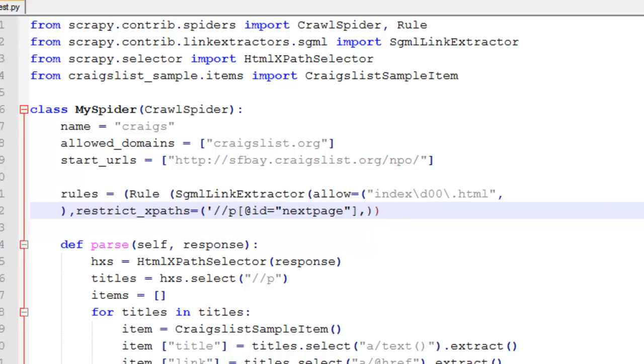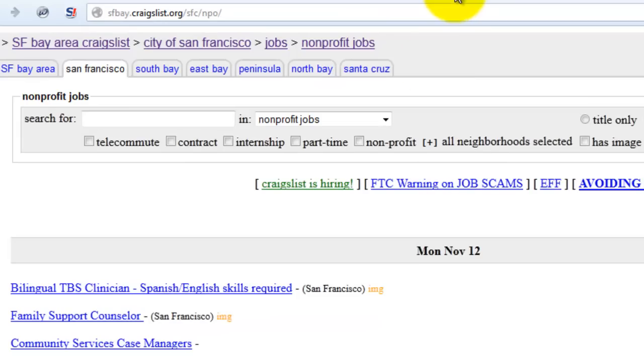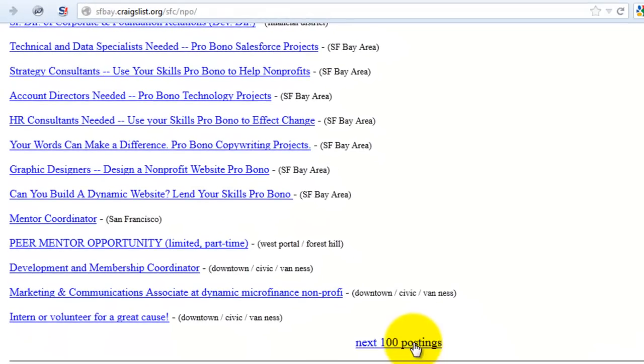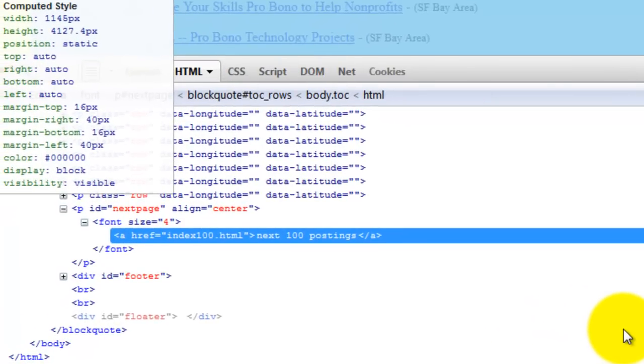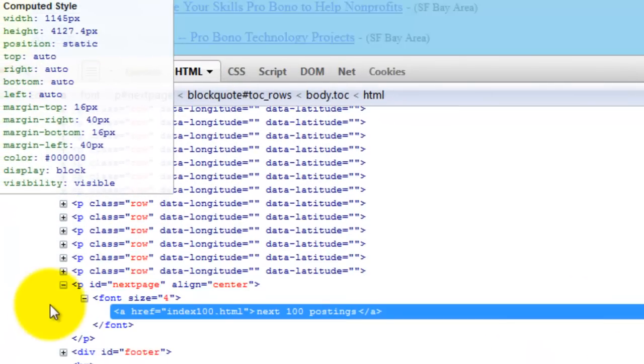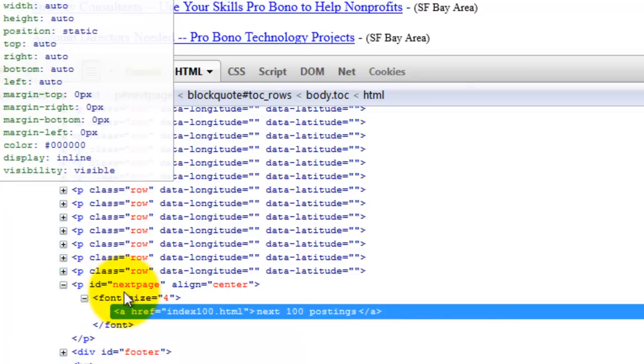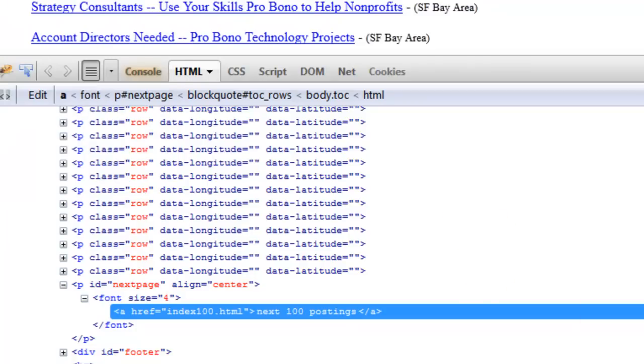And let me show you exactly what that means. So if I open up the nonprofit jobs under Craigslist, I'm going to go ahead and right click here because this is the link that we want to follow. Inspect element with Firebug. And you can see the paragraph element with the attribute ID equals next page. And so by using that XPath, we are restricting the links that we follow to the ones associated with that XPath. And then going back to Notepad++,